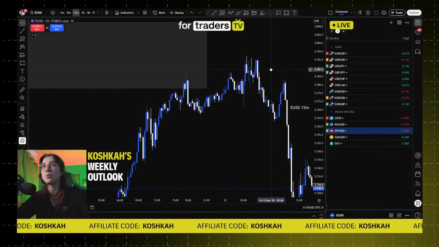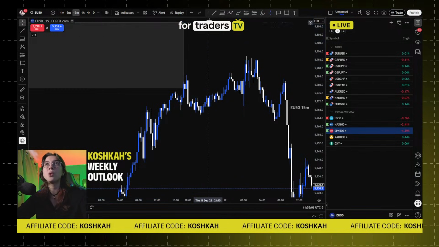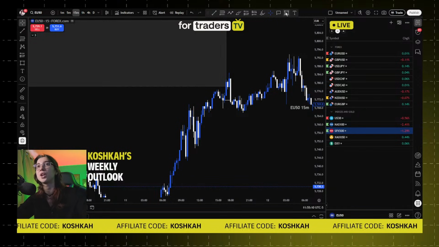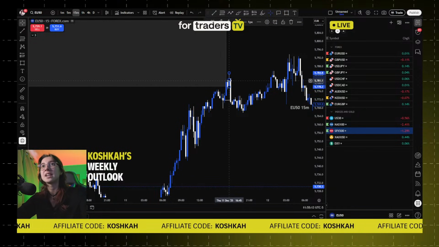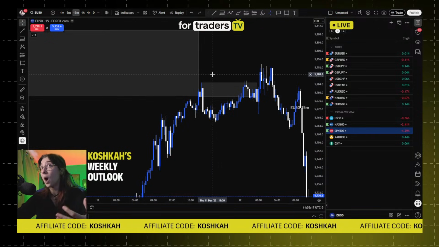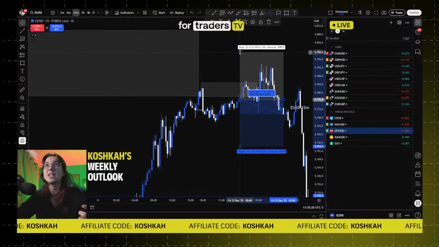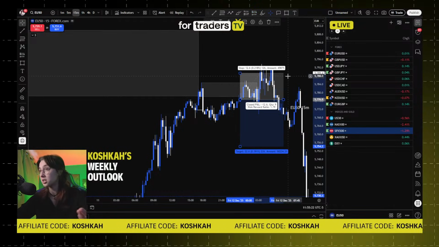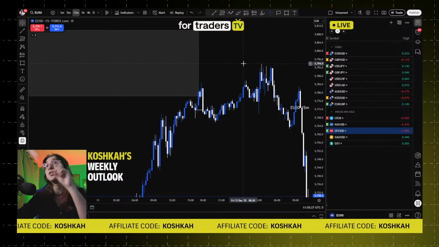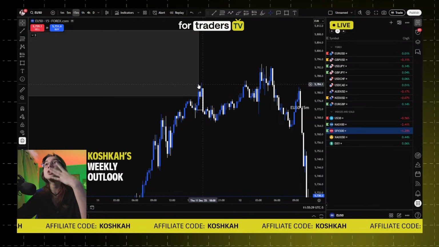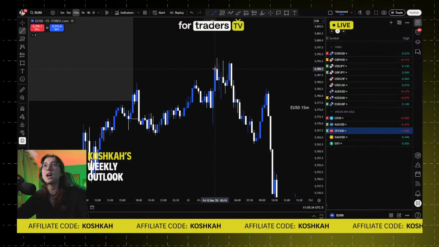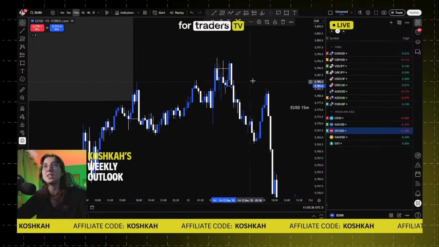Let's see what's happening right there. When we tapped into the POI, we created basically a little break of structure to the downside, a change of character there. This was the extreme POI, and as you can see, the first try was a loss. Why? It's because when you enter right here, stop loss above the high, this was a loss. But according to our strategy, we have 2 tries. If the first one is a loss, this might just be some liquidity, and then you can look for a second try. For the second try, right here, we broke structure to the downside again.